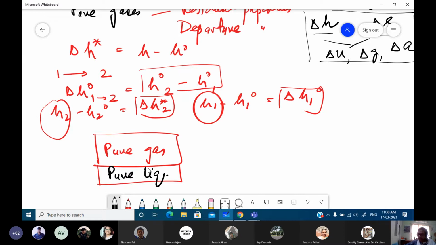So suppose we consider this particular gas which we are dealing with, a real gas, and it is brought in contact with its liquid, right? And it is left to itself. Then in that case, what happens? There'll be some mass transfer from the liquid to the gas. There'll be some amount of mass transfer from the gas to the liquid, sorry, it's a reverse, from the liquid to the gas.